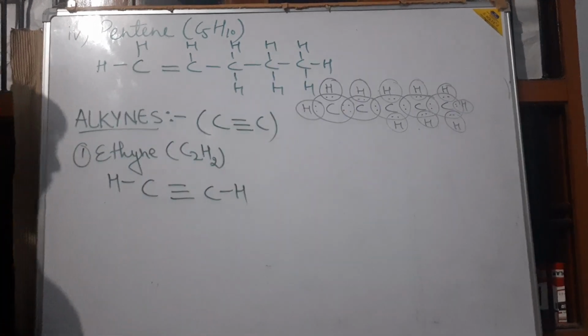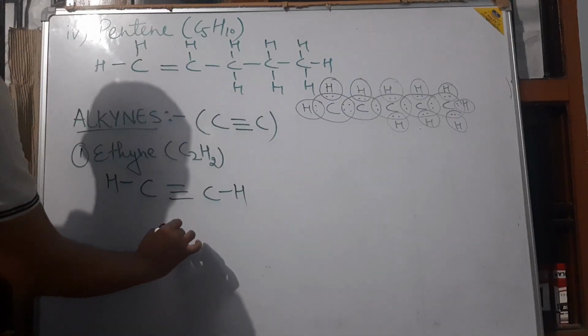So how to make the electron dot structure? Carbon indicating